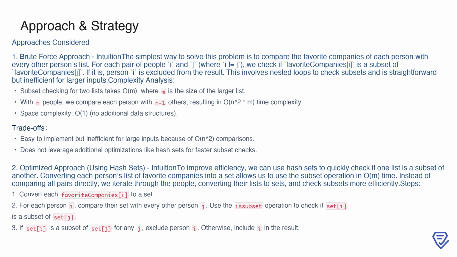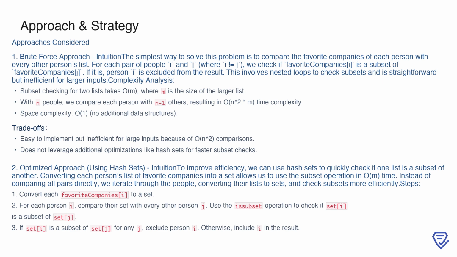While this method is easy to conceptualize and implement, it involves nested loops where, for each person, we compare them with every other person. Since subset checking between two lists takes time proportional to the size of the larger list, the total time complexity becomes O(n² * m), where n is the number of people and m is